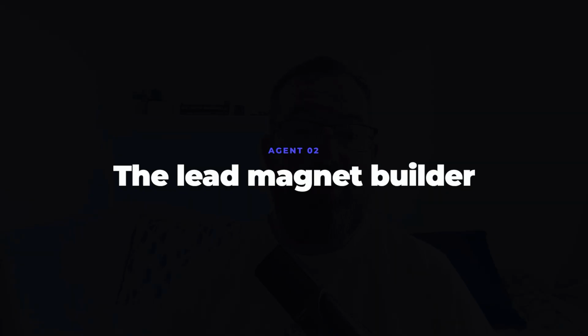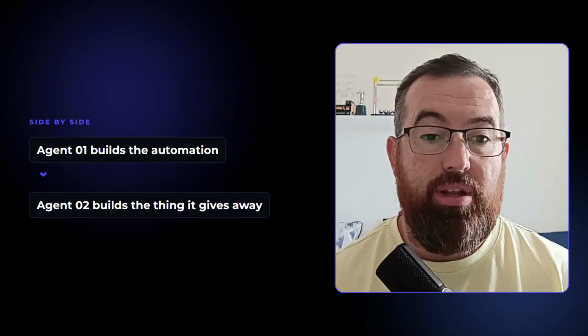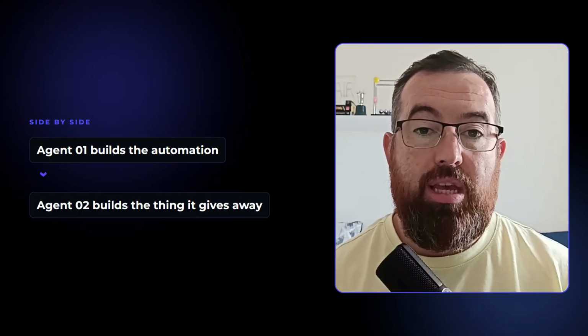And agent number two is pretty much our lead magnet builder. Now, both of these, agent one and agent two, are a massive help to one another. They support one another, and in my own process, they work pretty much side by side. So what happens again, if we're using the same example that I said a few minutes ago, which was the